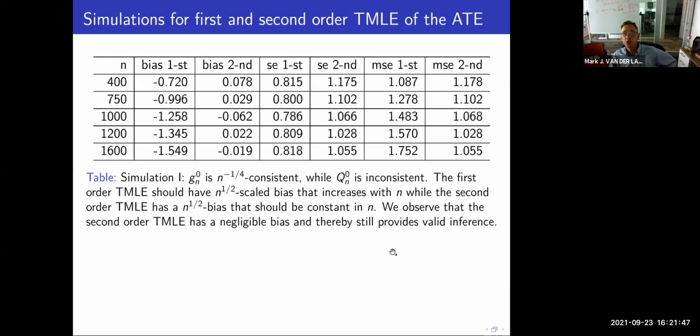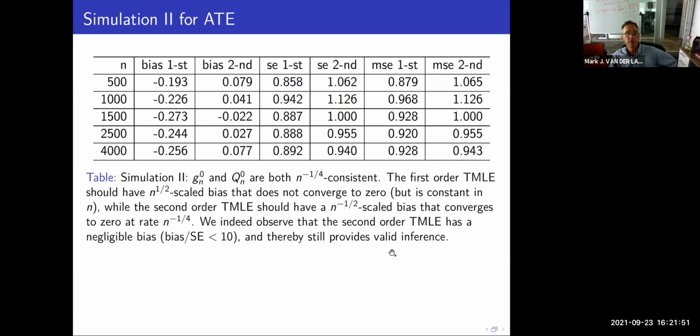And so here you see that inference is saved by using a second order TMLE, in case your initial estimate is not nailing it. And here's another one where both are n to the quarter. The first order TMLE should now have root n scaled bias that does not go to infinity, but it still doesn't converge to 0. But the second order TMLE should still be fine, because it will be third order